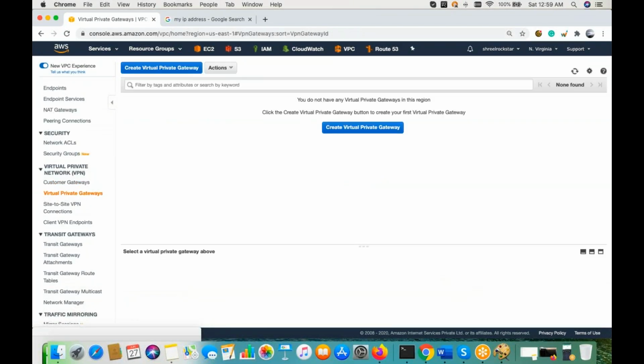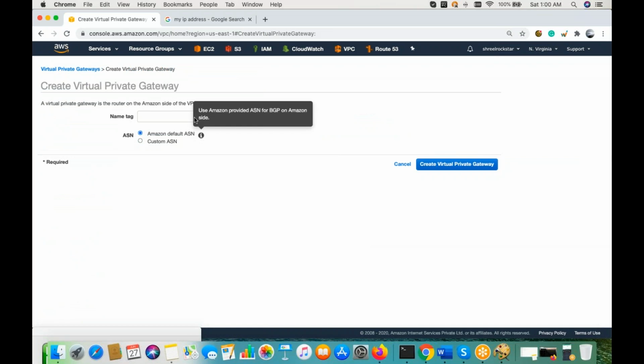Now guys, you will create another, a virtual private gateway. Why is it required, guys? Because on one side you have given the gateway to AWS, saying this will be your customer where you receive the packet. Now where are you going to receive the packet? Your destination will be the cloud here, right? So I can create another gateway from AWS.